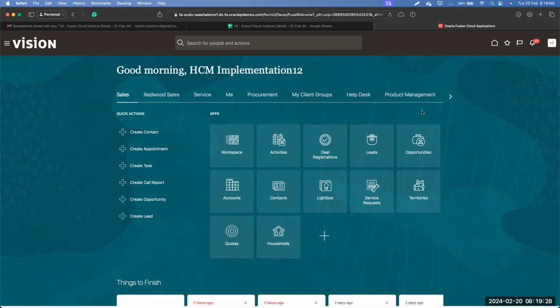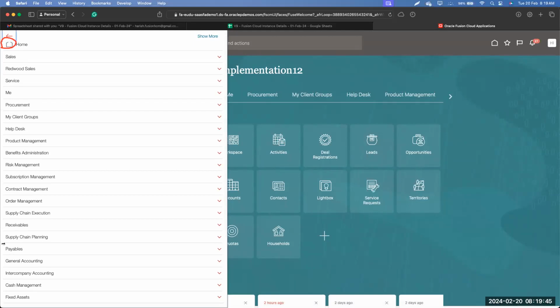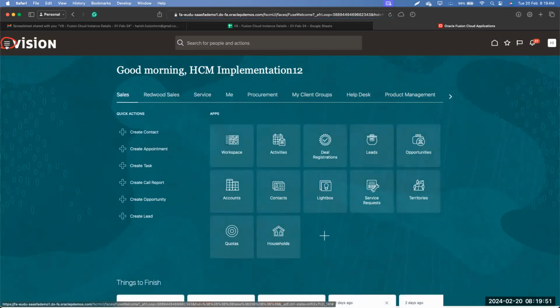Okay. So once we logged into the application, let us first understand the different tools which we have. First we have these three lines here, right? So what is this? These three lines is what we call the navigator. If I just go back, we call this button a navigator.